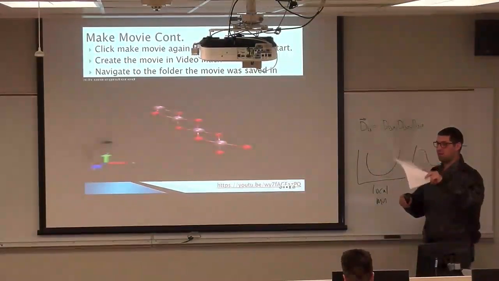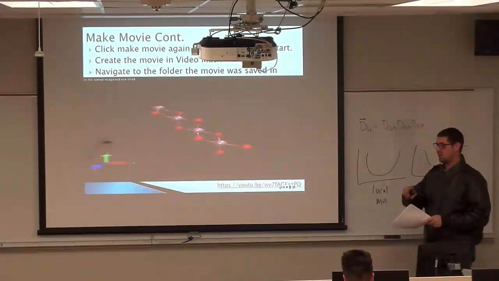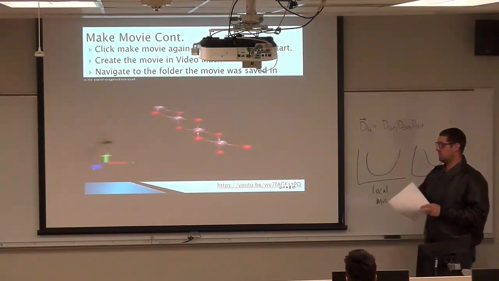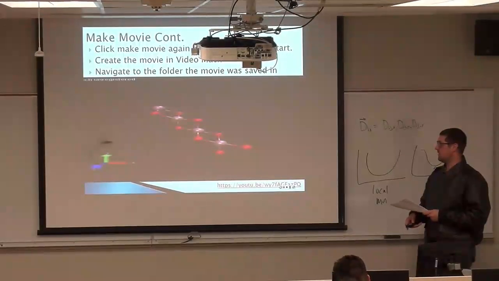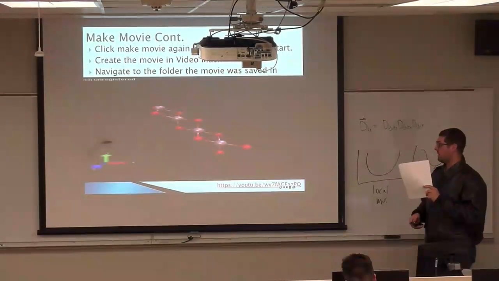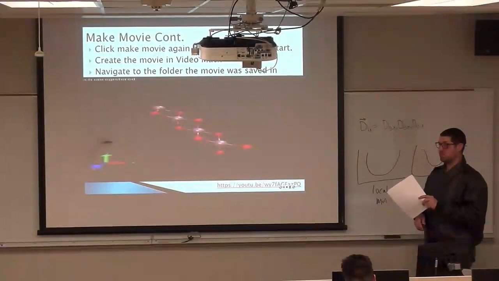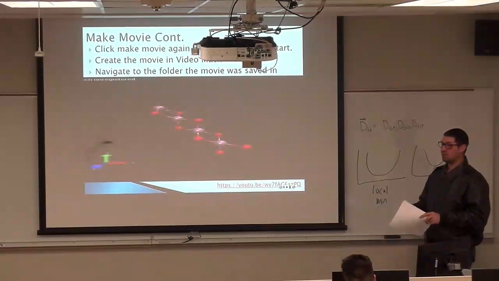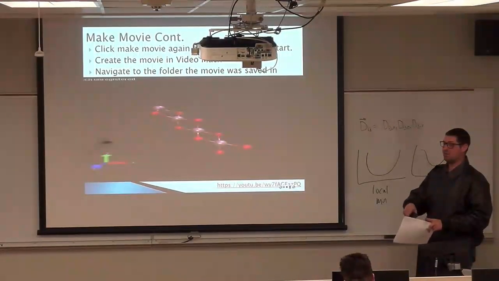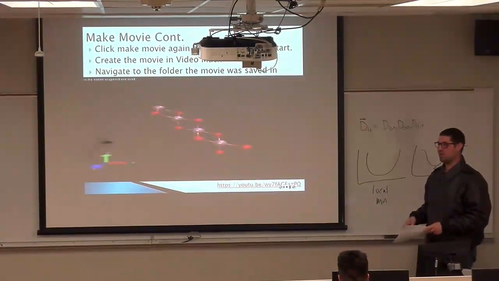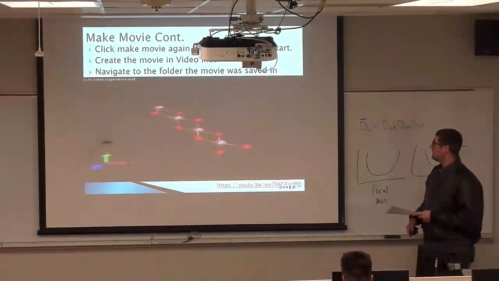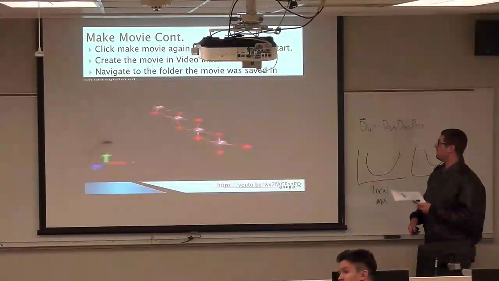It'll load in all the individual frames, and it'll give you just some nice little click-through menus where you can say Create Movie. It'll put all the frames into a nice order, and then we'll save it to a file folder. Make sure you actually click on Browse and select the file folder you want it saved to. Otherwise, at least on my software, it defaults to the file location of VideoMock, and so you'd have to scroll back and try to find that. Create the movie again and navigate to